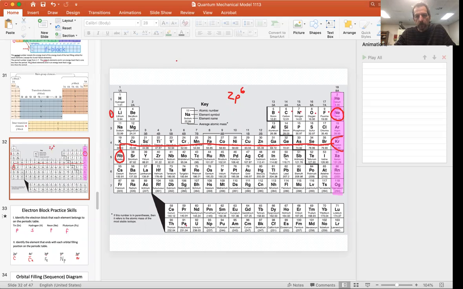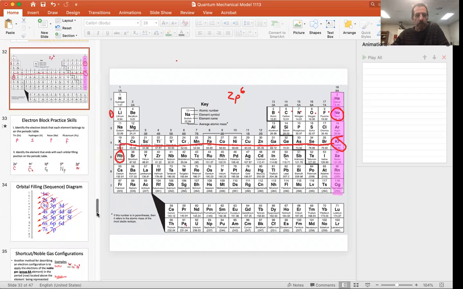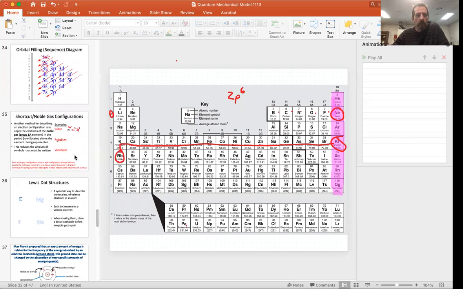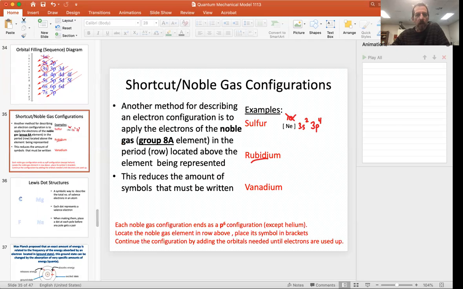Krypton. Rubidium has all the same electrons as krypton, which in this case is 36, right? Rubidium has 37. So all the same electrons as krypton, except it has a unique part that identifies it as rubidium. So in this case, krypton is going to go in the brackets. So we put Kr in brackets,